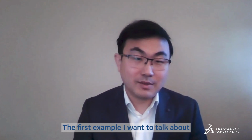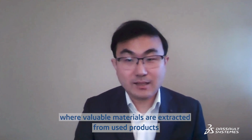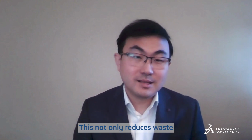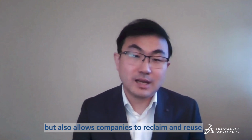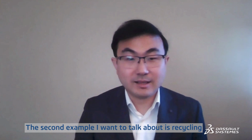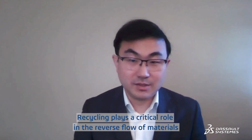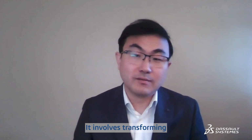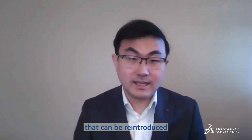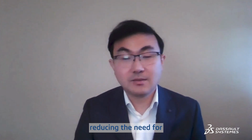The first example I want to talk about is material recovery, one crucial aspect where valuable materials are extracted from used products. This not only reduces waste, but also allows companies to reclaim and reuse precious resources. The second example I want to talk about is recycling. Recycling plays a critical role in the reverse flow of materials. It involves transforming waste materials into raw materials that can be reintroduced into the manufacturing processes, reducing the need for